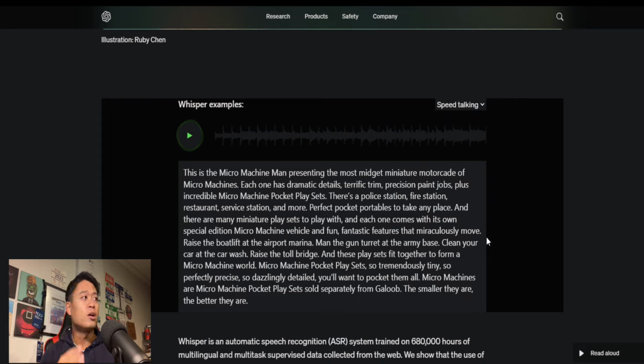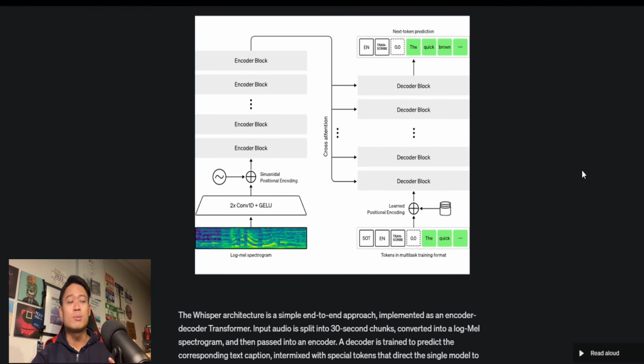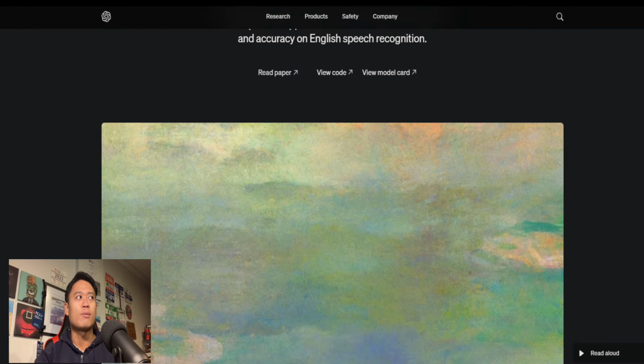You'll see here that it says speed talking. These are just some examples. I don't want to play it just because I don't want to get copyrighted, but you'll see the examples later on. You also have K-pop, French, and then there's an accent. So there's different types of utilities when it comes to this, at least based on what is demonstrated on this website so far. Not going to go into too much detail about it